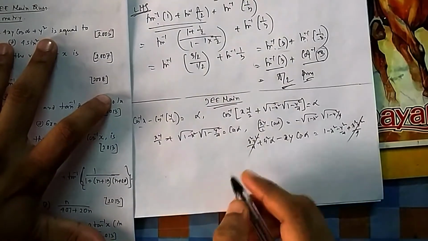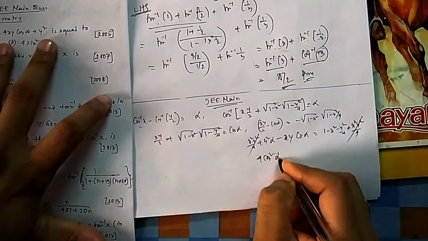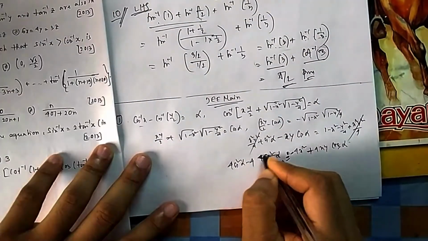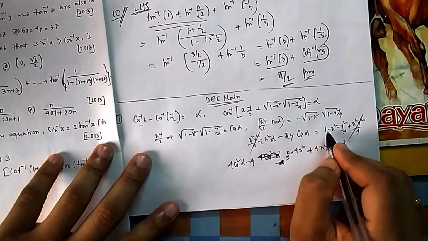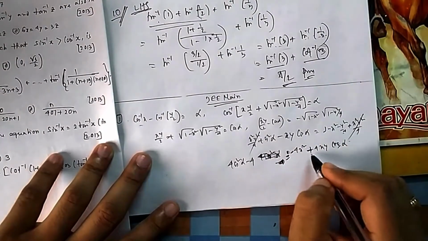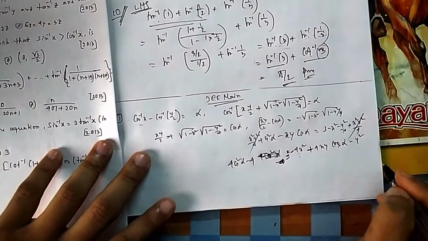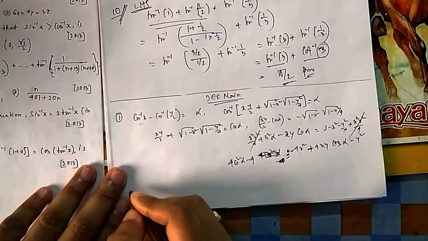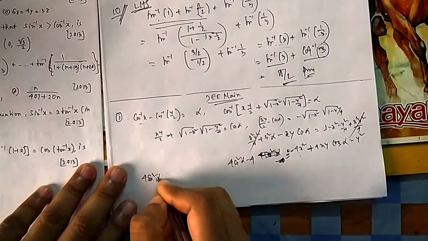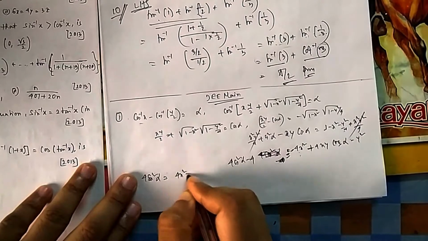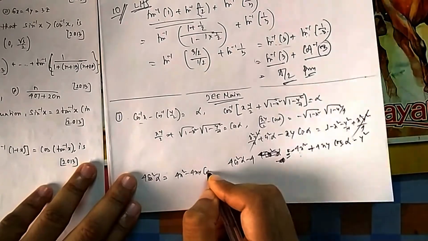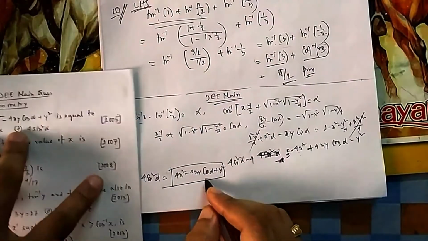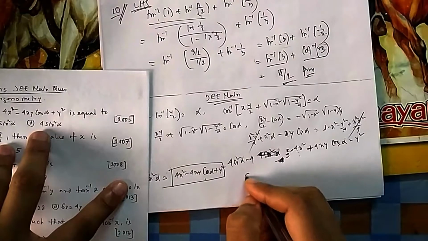So finally if you take 4 as LCM, you will get 4 cos square alpha is equal to 4x square minus 4xy. So something of this fashion, 4 cos square alpha minus 4, this will come minus 4, and then minus 4x square minus y square. So if you take 4 common, then it is cos square minus 1, that is sin square you can write. So if I take minus now common, it will be 4 sin square alpha is equal to 4x square minus 4xy cos alpha plus y square. So this one they are asking, 4x square minus 4. So you have already got the answer, it is 4 sin square alpha, that is your option D.